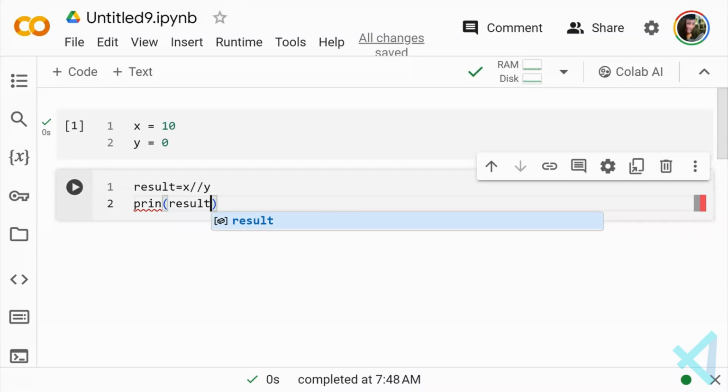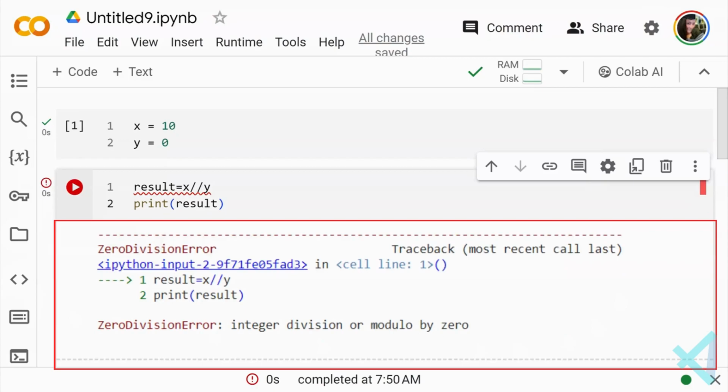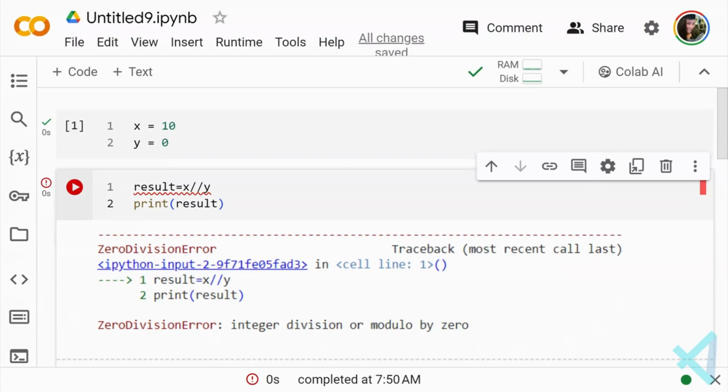Some exceptions, like syntax errors, can be caught immediately by the code editor with syntax highlighting. They're usually marked by a squiggly line or color changes. Other exceptions, such as runtime errors, only show up after you run your code, and these can pop up as an error message from the Python interpreter in the traceback.